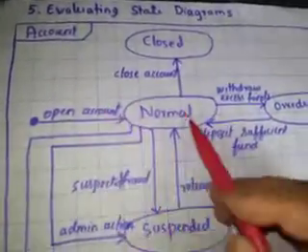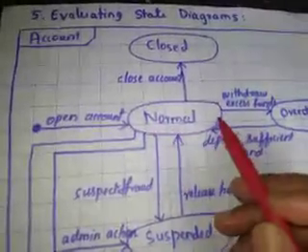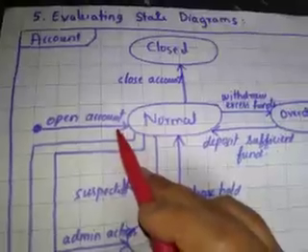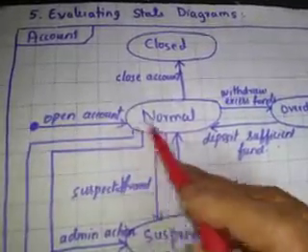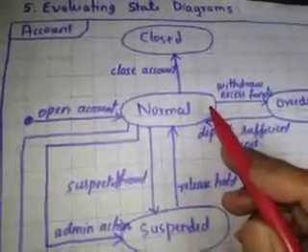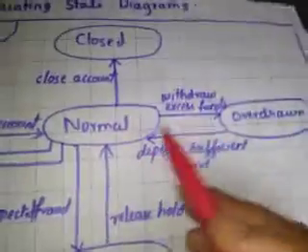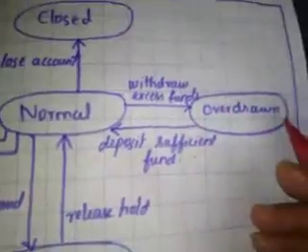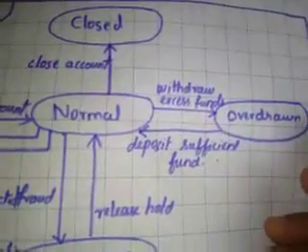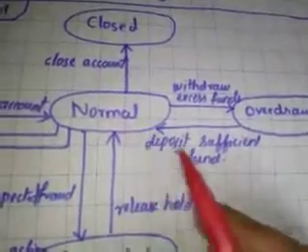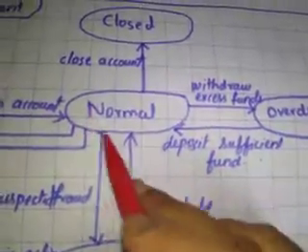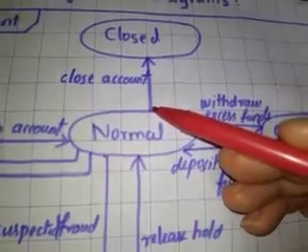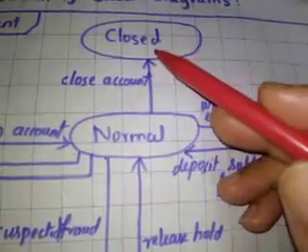So look here. If the account is in the normal state, it means somebody has approached the bank and opened an account. Initially, when the account is opened, it is in the normal state. From the normal state, if the person withdraws excess funds, it will move into the overdrawn state. As soon as he deposits sufficient funds, it will come back to the normal state. From the normal state, if the customer feels, let him close the account, it will move to the